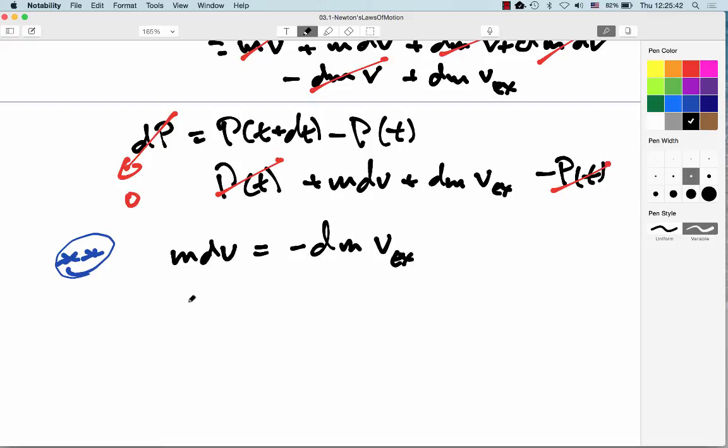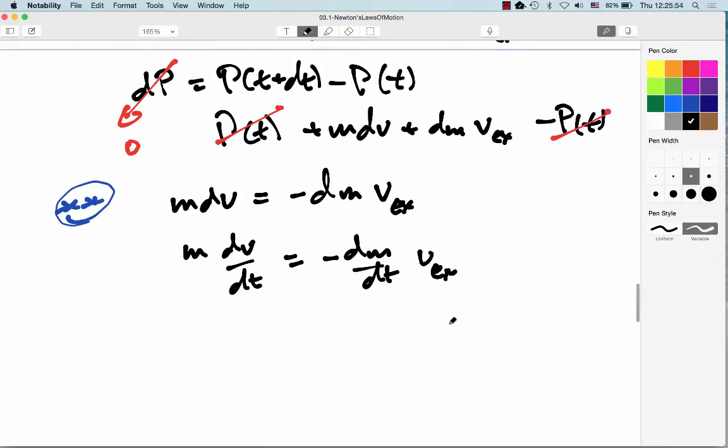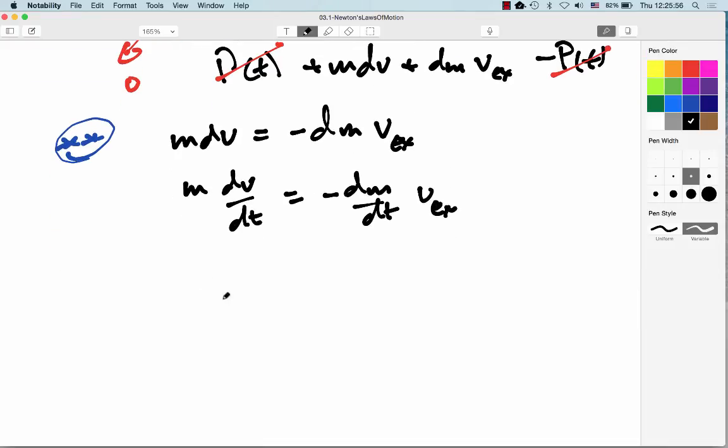And then if I want, I can go ahead and turn those into m dv/dt equals minus dm/dt v exhaust. So I can finally express this as m v dot equals minus m dot v exhaust. Okay. Now this minus m dot v exhaust,